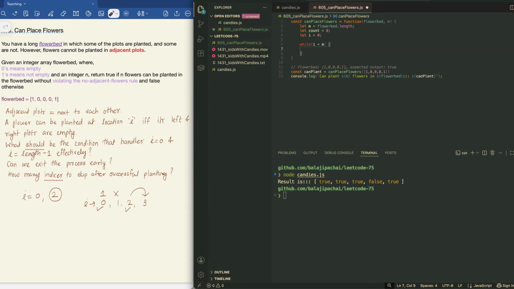However, prior to doing all this calculation, what if we are passing an empty flower bed? In that case, if m, that is the length of the flower bed, is equal to 0, then directly return false. Now inside the while loop, we have to check